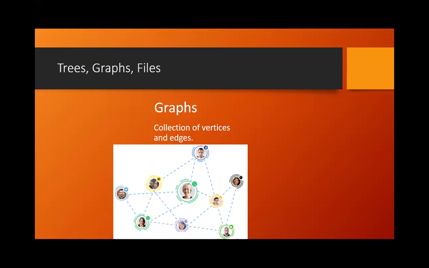The data is getting connected non-linearly, non-sequentially, through the edges. This type of data structure we call a graph. All the circles or photos you are finding are the vertices, and the connection between the vertices is nothing but the edges. So a graph is a type of non-linear list.